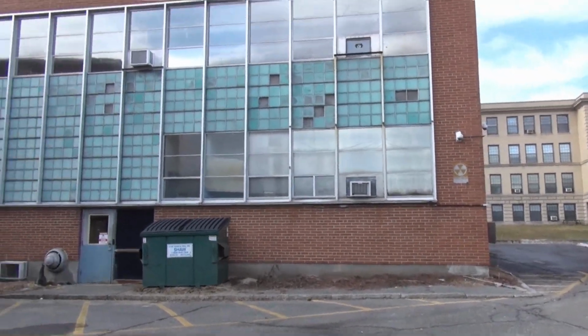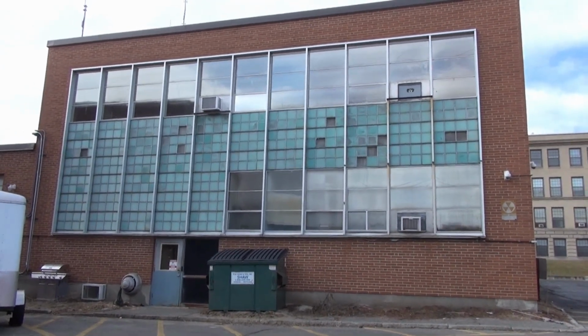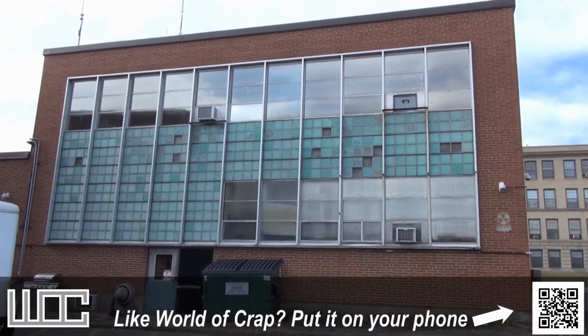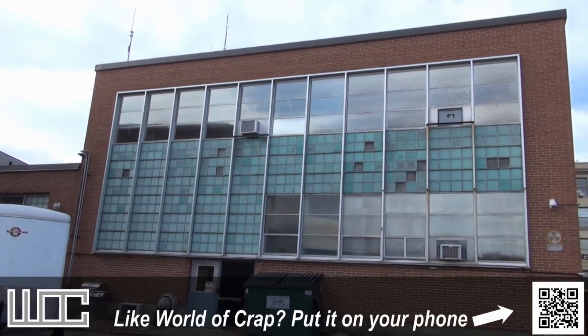So that is it. The new station and one last look at the old one before God knows what they do with it. I think it's going to meet the bulldozer. Anyway,